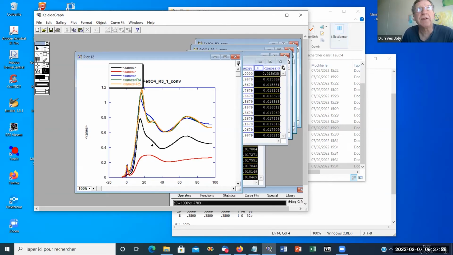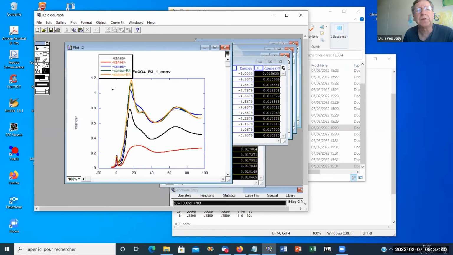Okay, so it was to C versus radius. Yes, there is one thing I've not spoken about. If you compare to experiment, I didn't speak about the broadening. But I have some parameters for the broadening, which are mostly by default, and not all. In fact, the broadening is due to the core hole width and to the final state width of the photoelectron